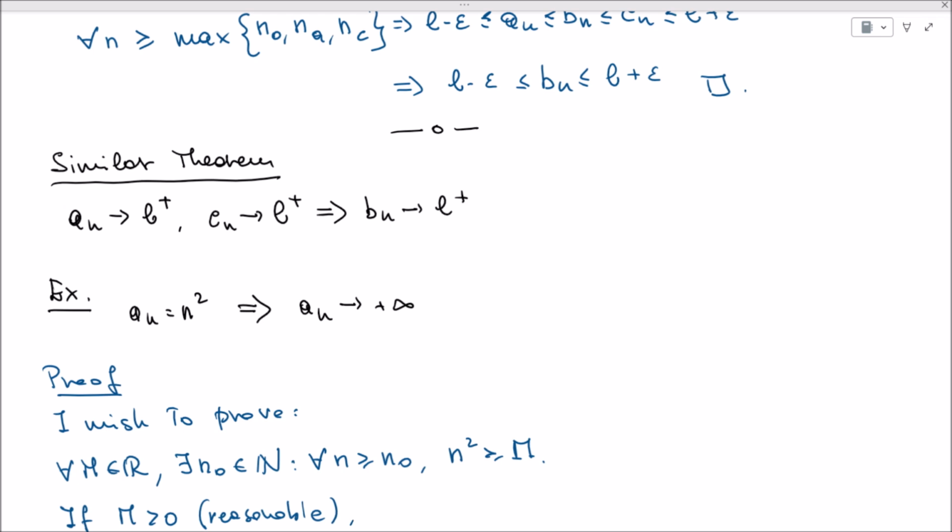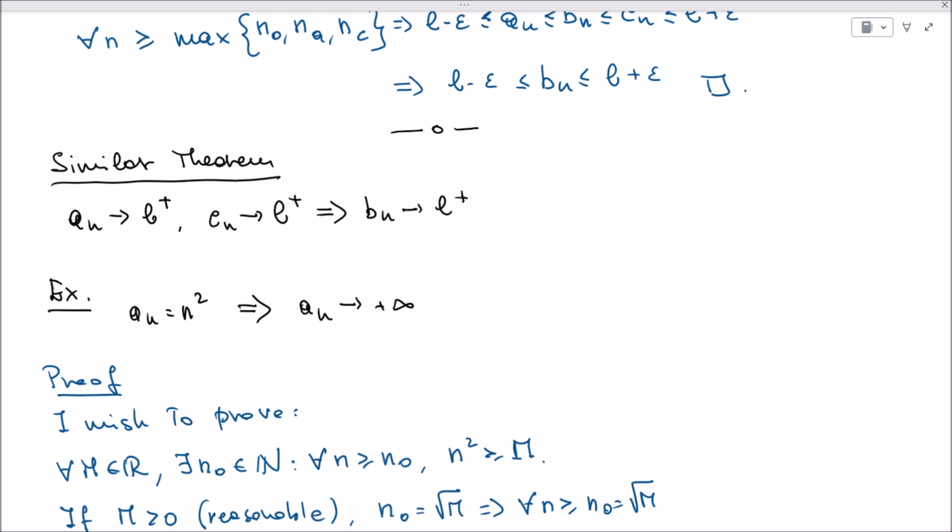So then, what is the n0 that can be useful to prove this statement? For example, if we say that n0 is equal to the square root of m, well then we have that clearly for every n which is larger than this n0 equal to the square root of m, clearly we can